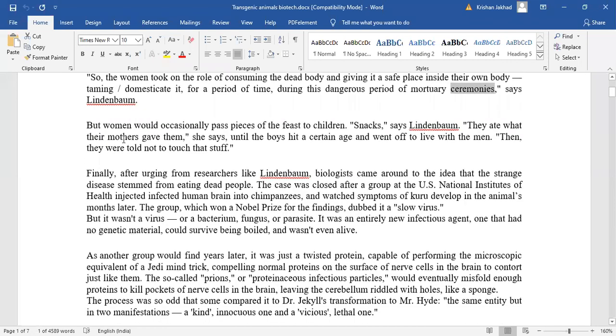But women would occasionally pass pieces of feast to the children. But actually, the men went to the jungle because it was a tribe, so in search of food. So generally they hunted and usually came back in the evening, or stayed in the jungle. But what happened was, if someone died,